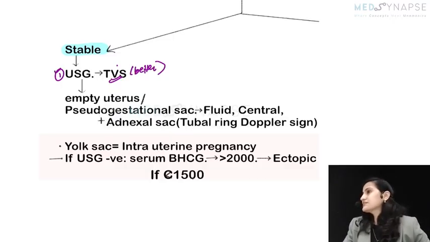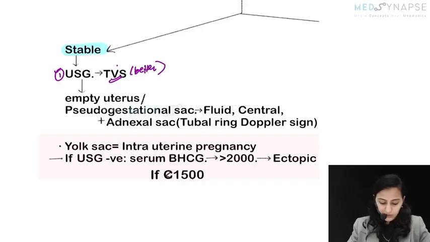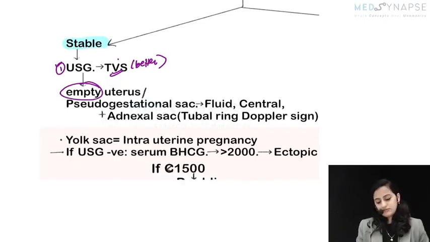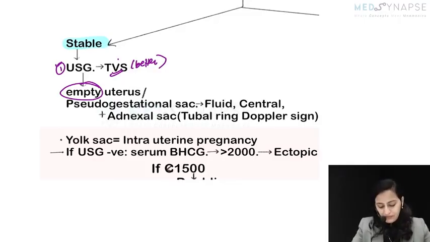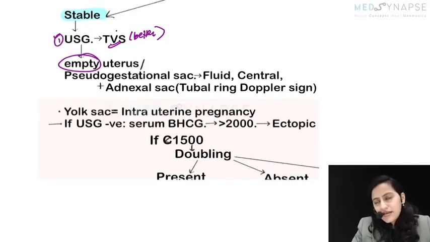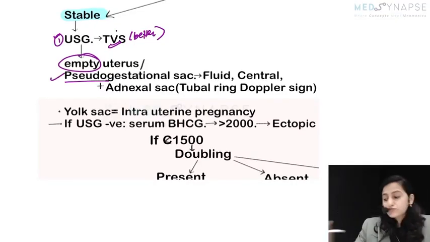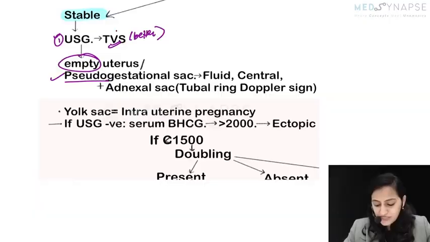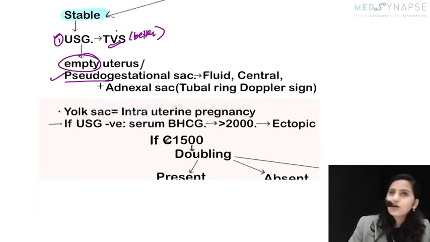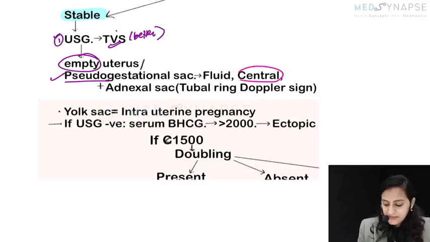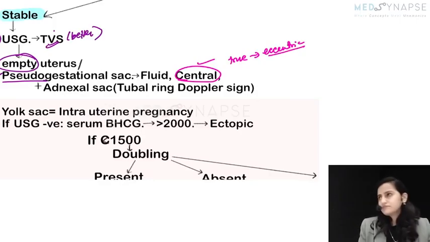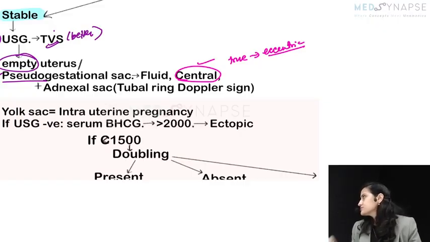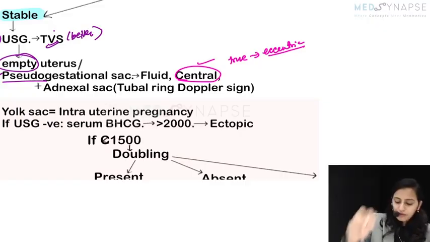What will you see on ultrasound in ectopic? Uterus will be empty. Those are the words given. Empty uterus means the pregnancy is not visible there. But can I see a pseudo gestational sac? Yes, it's not a true gestational sac, but a pseudo gestational sac. How do I know it is not true? It is pseudo. It is centrally located, while a true gestational sac is eccentric. Central is pseudo. So there will be some fluid,